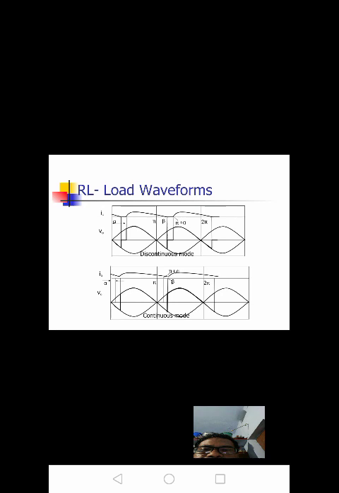For the continuous mode, there is no thyristor; power diodes have to be used. There is no thyristor, which means there is no firing angle delay, that's why continuous operation takes place. Here we are observing the output voltage and output current waveforms in the second diagram, the continuous mode operation waveforms.